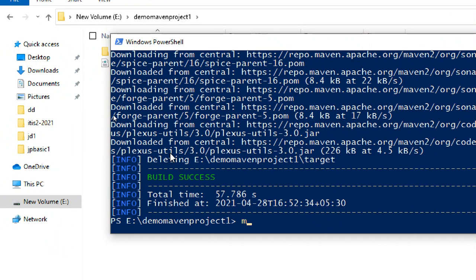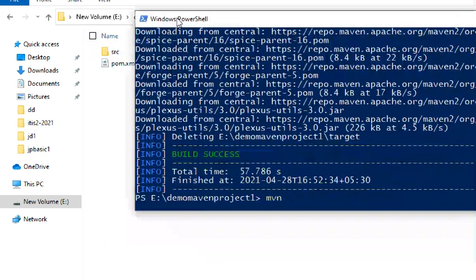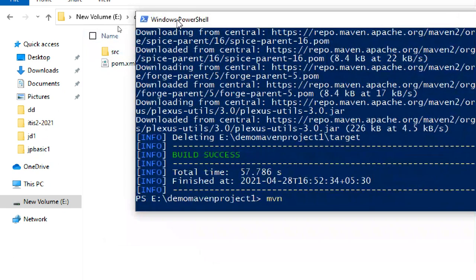Okay, build success. What build success means we don't fully know, but it's just the cleaning. So when I put clean, see where the target is? The target is gone, meaning whatever was generated previously is gone. That is called clean.